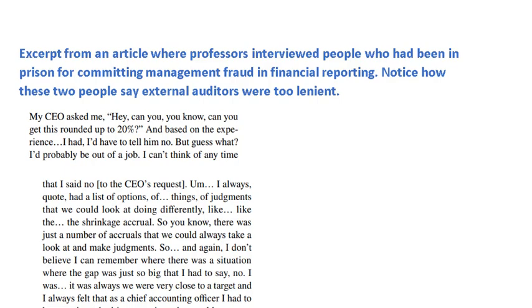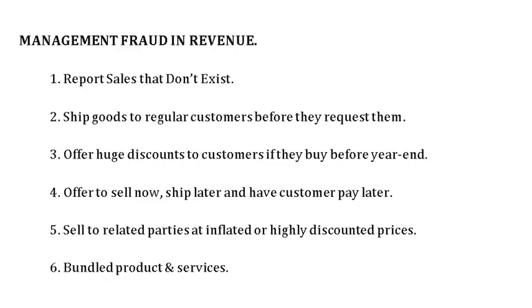But what I wanted you to notice from a couple of quotes was how the people justified their own fraudulent actions by saying, well, the auditors were okay with it, so if the external auditor was okay with it, I assumed it was okay. They used the auditor's failure to rationalize their own activities. So those of you going into public accounting, going into the financial statement auditing profession, a lot of pressure on you. Those of you taking the CPA exam, make sure you know these common types of revenue fraud; it will help you answer some of the questions.